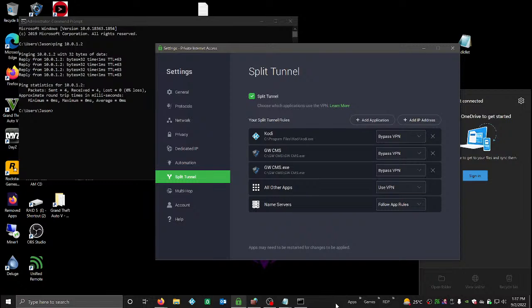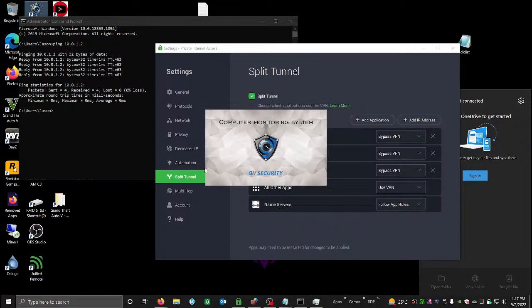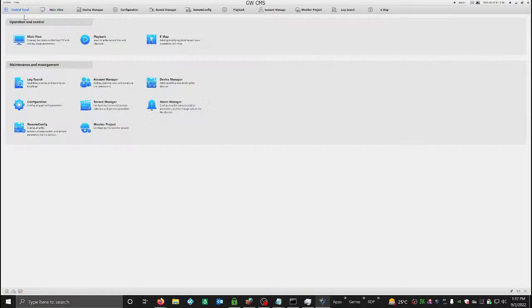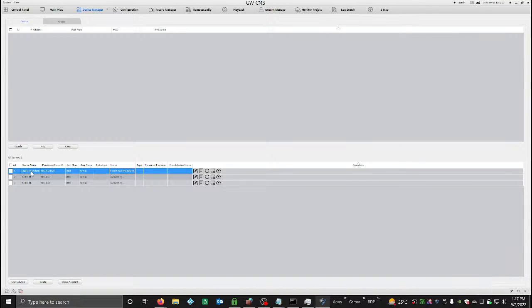It's already running, it says, even though it isn't. Go to devices. You can see here, this can't connect. And I'm